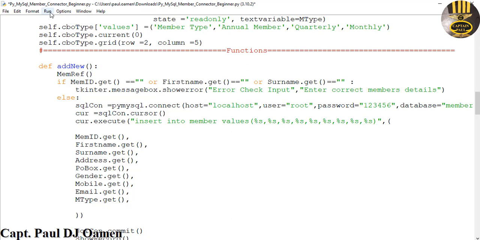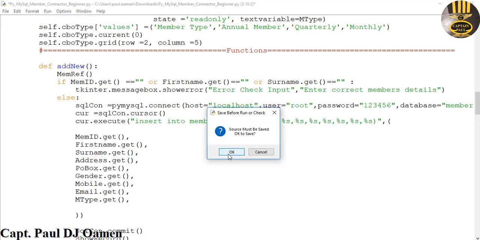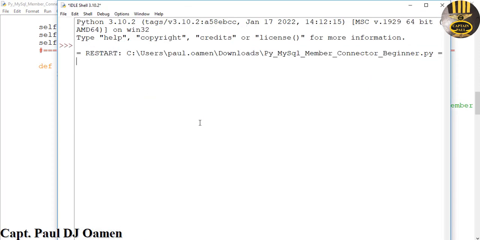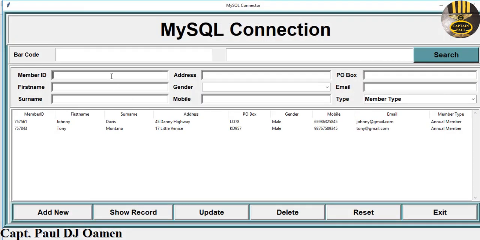Okay, let's run it now and see how that is going to work with the barcode. Save and run. We enter new details in there, and the name happens to be Mary Allen. Address number 12,